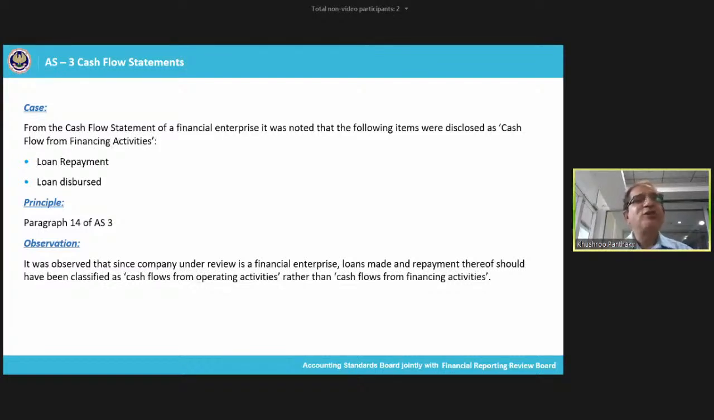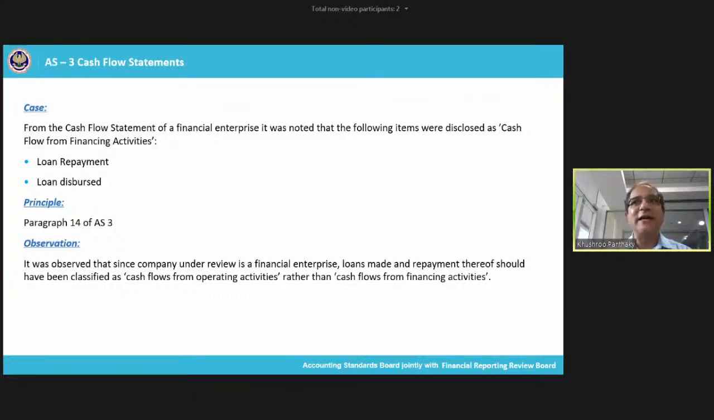From the cash flow statement of a financial enterprise, again in the business of lending, it was observed that the following items were disclosed as cash flow from financing activities: the repayment of loan and the disbursement of loan. Now, remember in the second example, I mentioned that if you are in the business of financial services and doing lending, then your loan repayment and your loan disbursed, if a loan has been disbursed or repaid, is a part of your operating activity. You are in the business of lending. It is part and parcel of your daily operations. And therefore, they need to be disclosed as cash flow from your operating activities